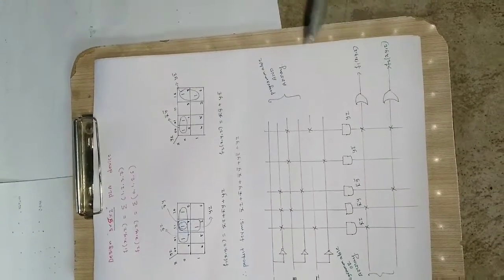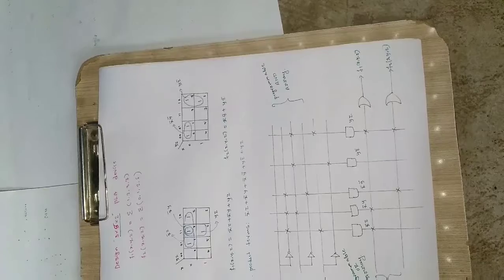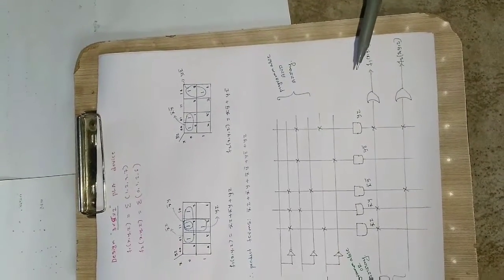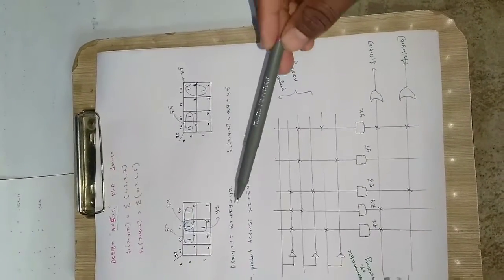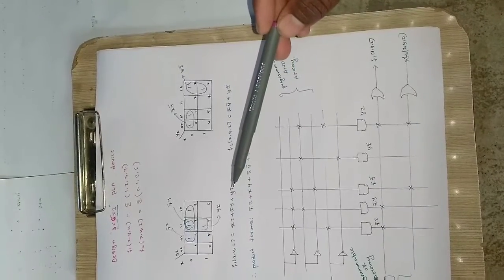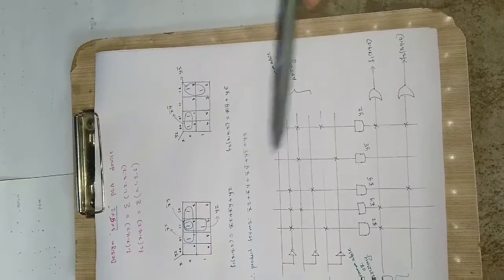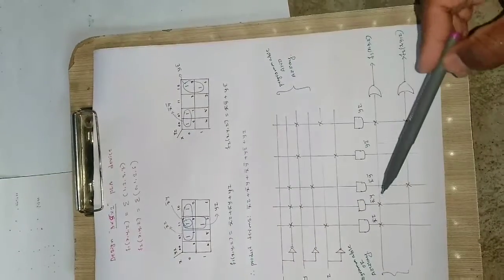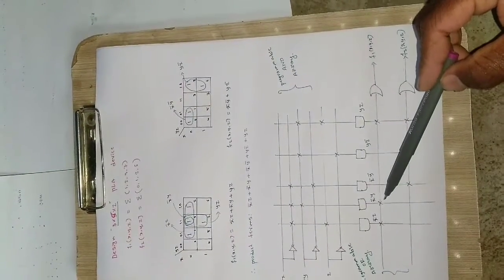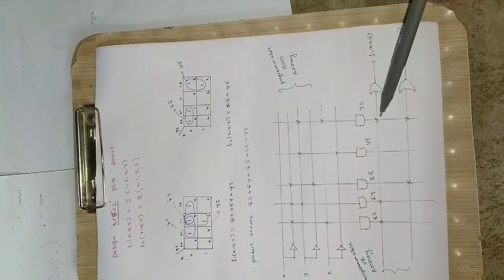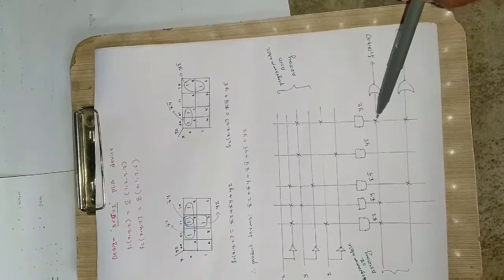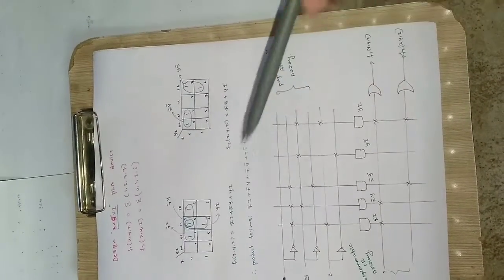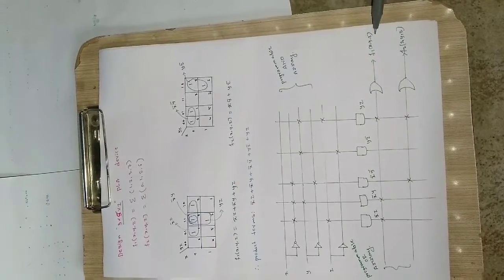The next step is to combine the unique terms or the product terms to get the final equation. The final equation, the first one, consists of x bar into z, x bar into y, and yz. So I will solder at these points. First one is x bar into z, so I will solder, x bar into y I will solder, and then yz. So yz is here, I will solder here. These terms will be added with each other to give f1 of x comma y comma z.